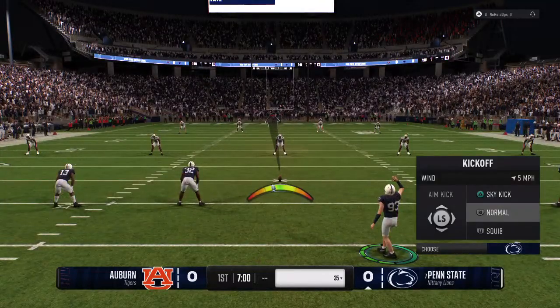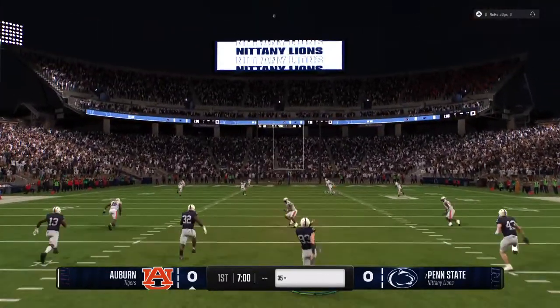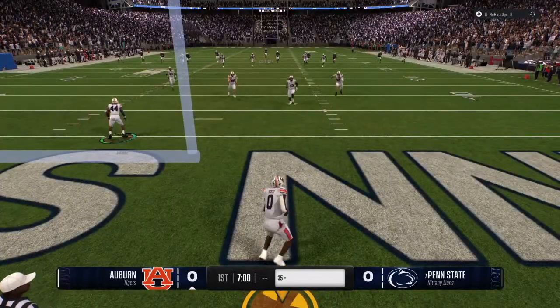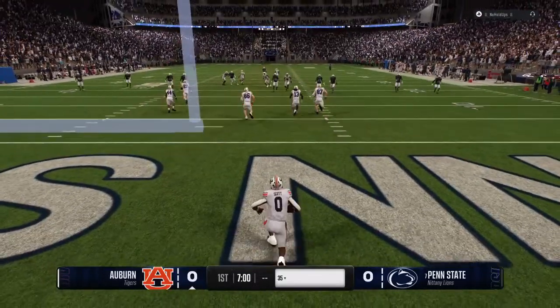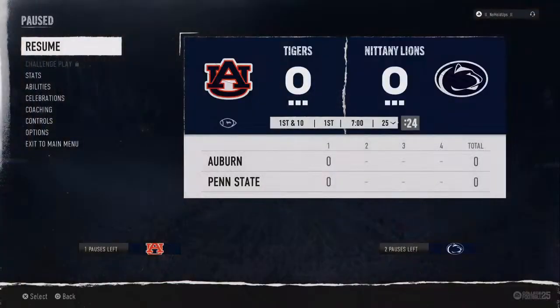The Nittany Lions will kick it away to start. And they thought about a return, then thought better of it. They'll bring...